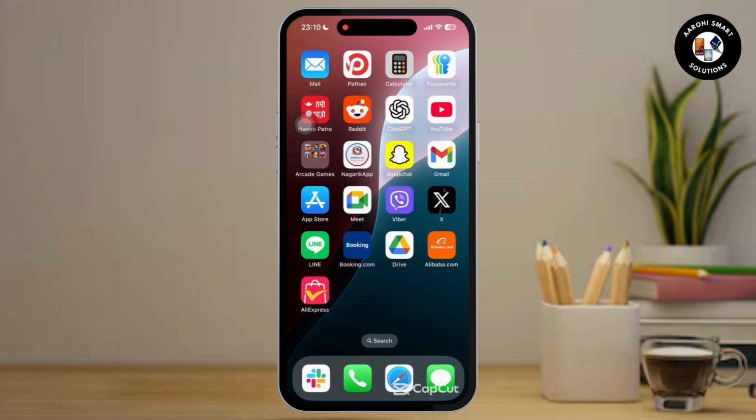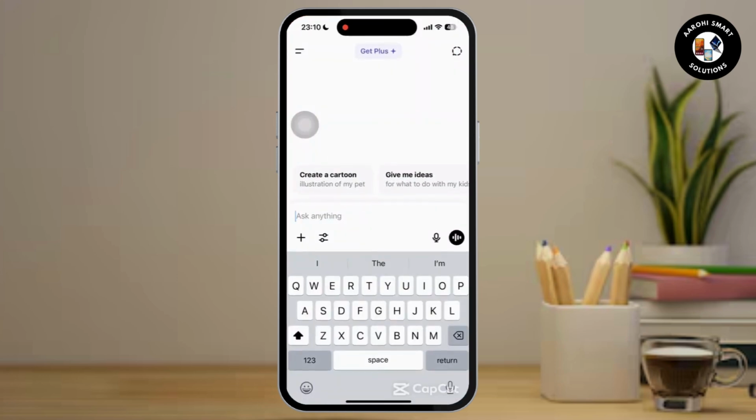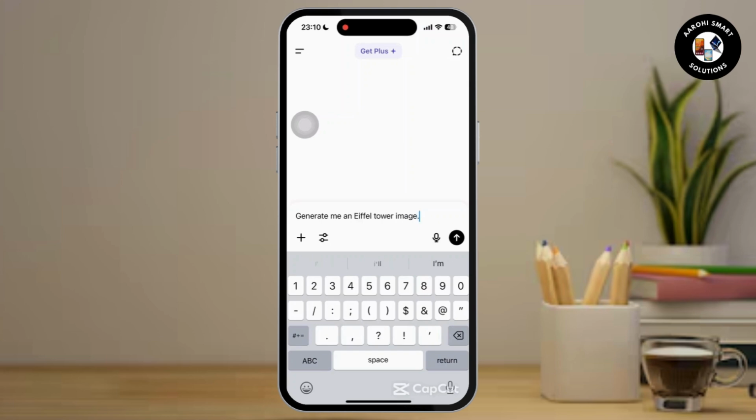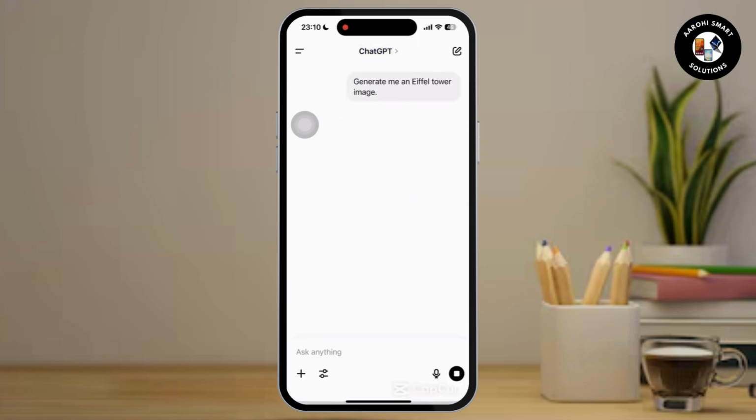First of all, you have to navigate to chatgpt.com or open the ChatGPT app. Then simply type down your prompt, make it specific. So here I'm typing down, generate an image where Eiffel Tower option available. You can make it more specific, for example, you can type down a futuristic city skyline at sunset, vibrant